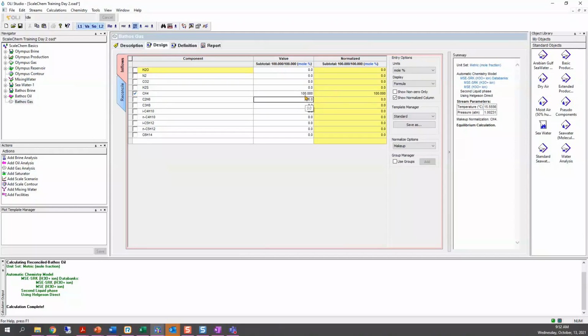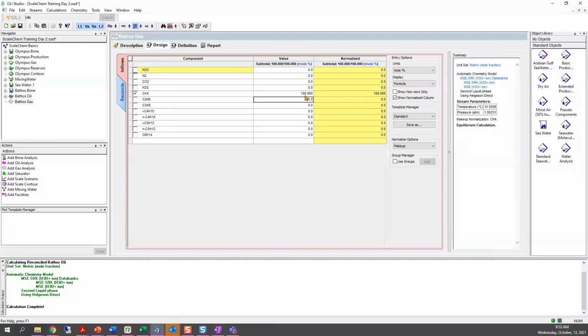Even if we don't enter a value here, the software will assume that you have 100% methane in this gas. And there is a reason why I am going to use only methane for the gas phase. This is because I want to illustrate the importance of partitioning among the three phases. Also, in some cases you will need to make assumptions. You know that you're producing a gas, but you were not given that gas.